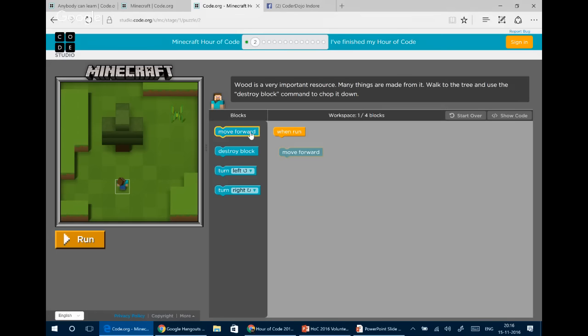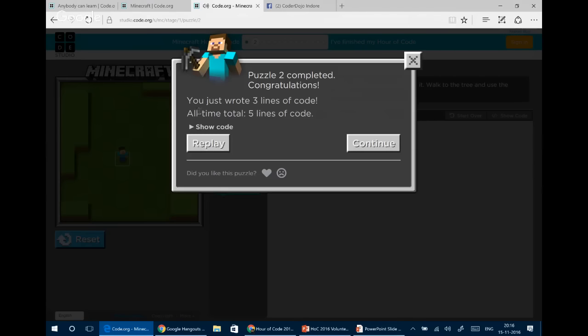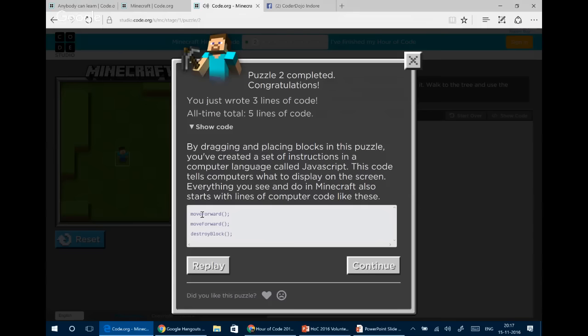I need to connect it here, first, second. Now one more thing that I'll have to do is destroy the block to chop the wood, right? Let's go forward, and here you go. Once this is done, let's see the code behind it. There are 2 move forward and then there's a destroy block function.